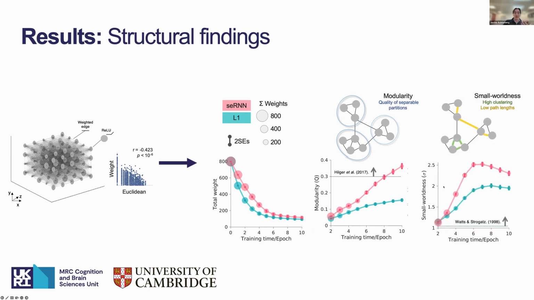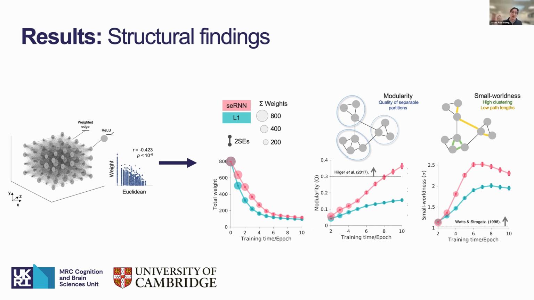And also here we see that the seRNNs show a higher small worldness than the L1s. Just to be explicit here, the reference value for small worldness is a bit of a difficult one to choose, because it very much depends on the size of the network and other setups. So the reference value we plot in here is just the formal characteristic for small worldness, which both of those network populations achieve, so L1 and seRNNs both show small worldness. So there we already see that sparsity alone helps you to achieve those characteristics.